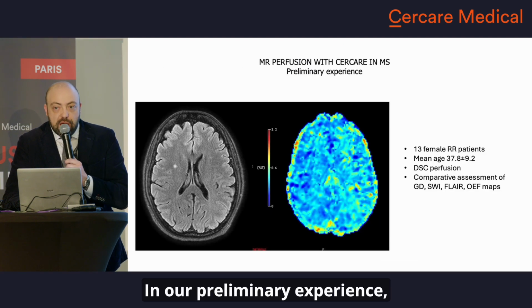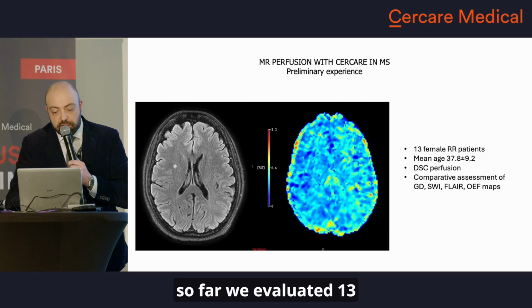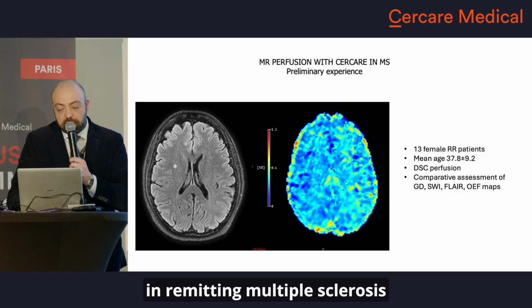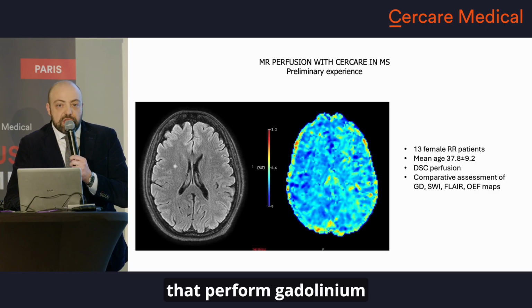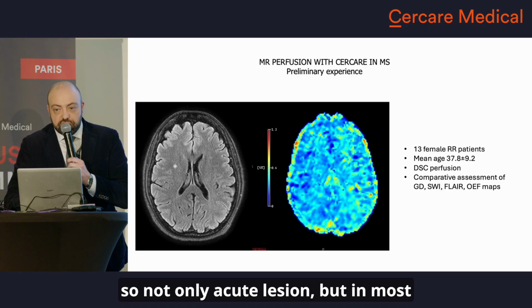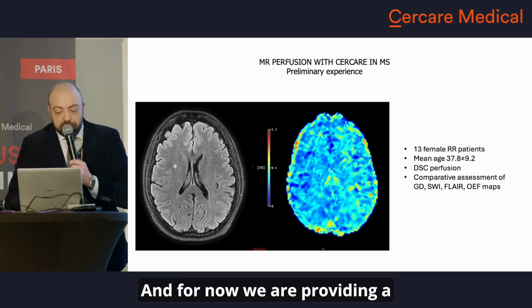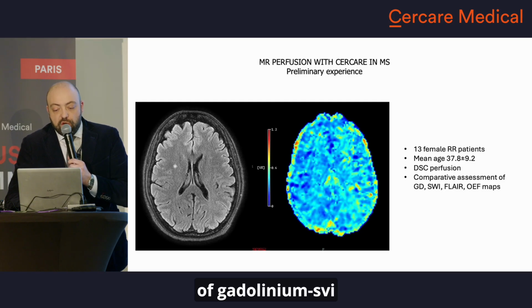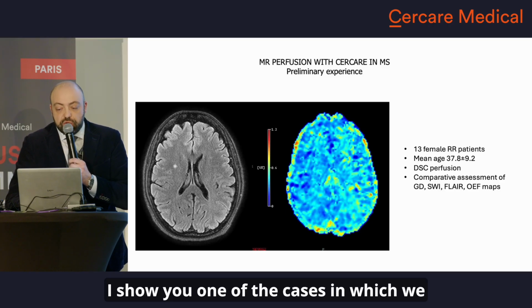In our preliminary experience, so far we evaluated 13 patients with relapsing remitting multiple sclerosis who performed gadolinium for surveillance of PML, so not only acute lesions, but in most cases chronic lesions. And for now we are providing a comparative evaluation of gadolinium, SWI, lesion volume, and OEF maps. I show you one